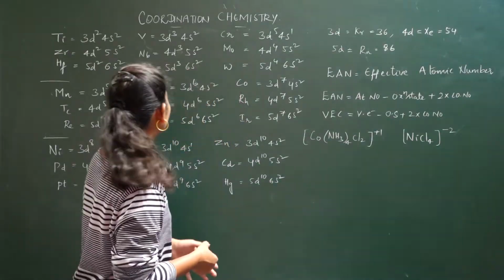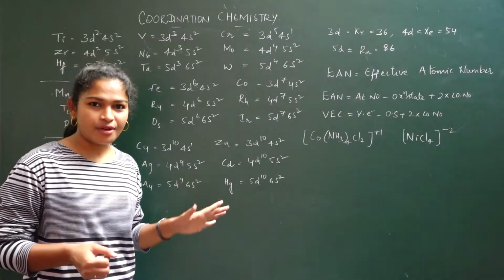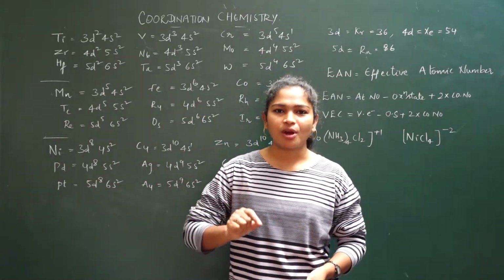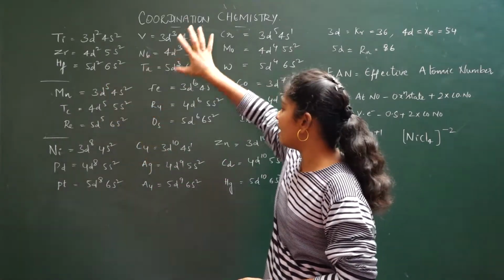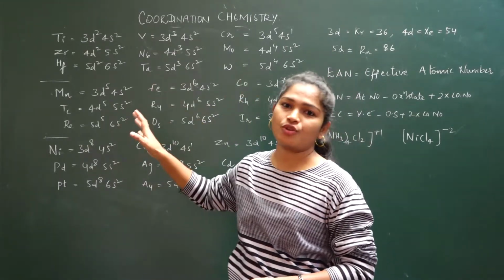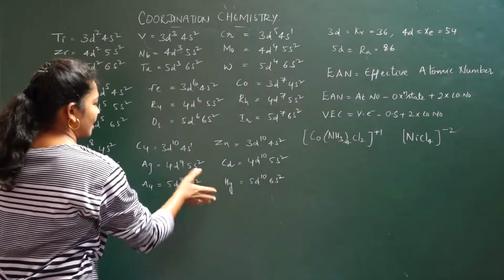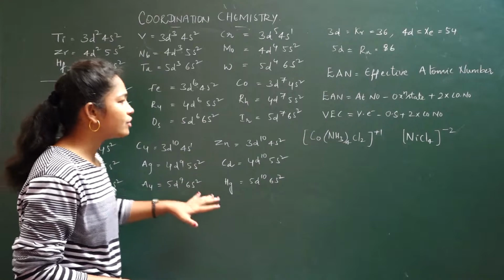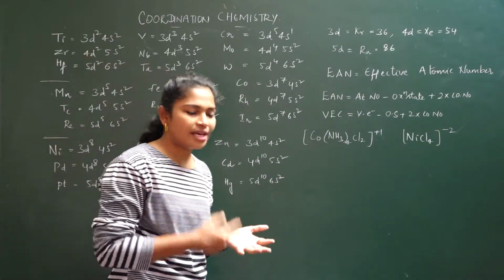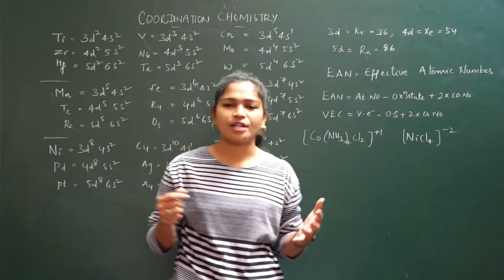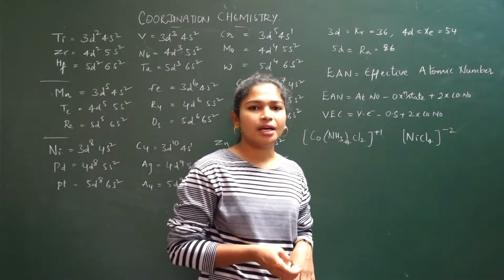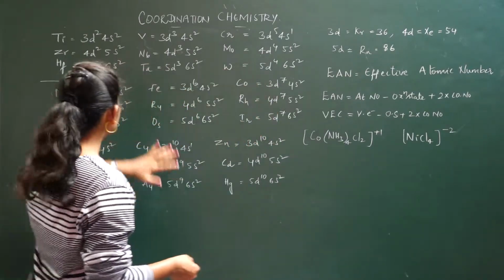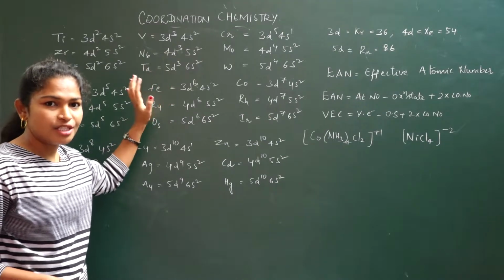Now you look here. These are the valence electrons of d block elements. Whatever the d block elements are, you can write their electronic configuration and valence electrons like this. I'll give a small trick to remember. This will be useful for calculating EAN, effective atomic number, valence electronic configuration, and you can also find the hybridization in VBT. So first of all you should know how many valence electrons will be there in d block elements.